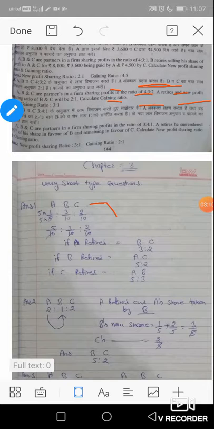We get the information that there are three partners A, B, C, and their shares are 1 upon 2, 3 upon 10 and 2 upon 10. We know that to get the ratio of the three partners, the denominators must be the same, 10 and 10. A's share is 1 upon 2, so I will multiply A's share 1 upon 2 by 5. Then it is 5 upon 10, 3 upon 10 and 2 upon 10. The denominators 10 cancel, so the ratio is 5 is to 3 is to 2.